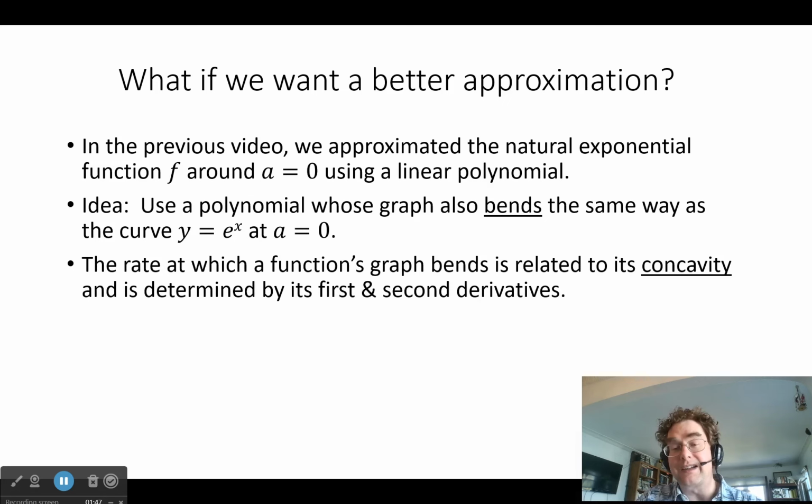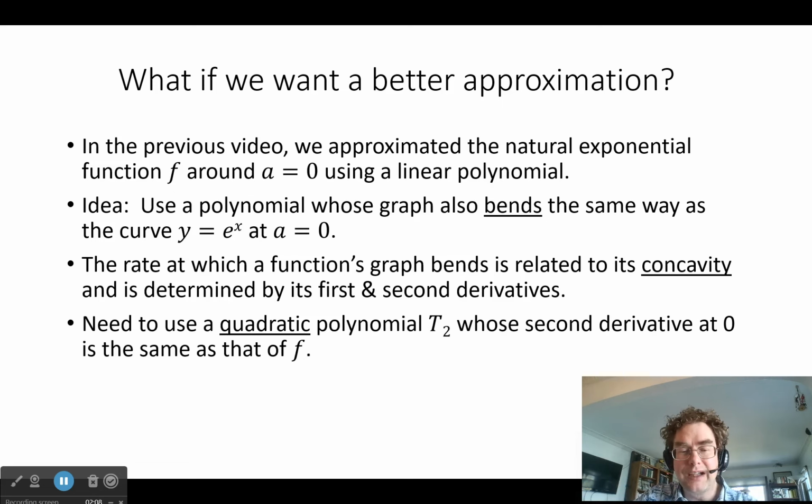It's related to the concavity of the curve, and here we get more specific than just concave up and concave down, because we can quantify exactly how curvy that curve is. This involves the first and second derivative,